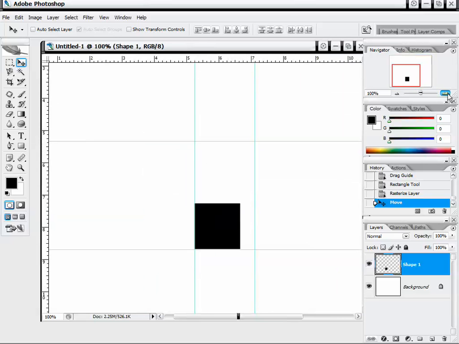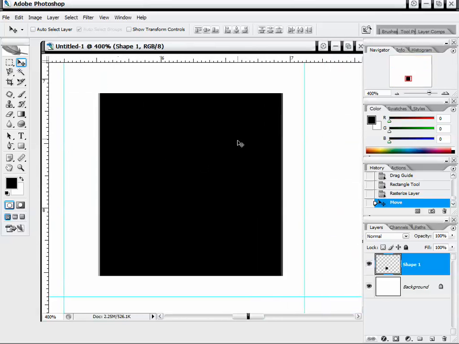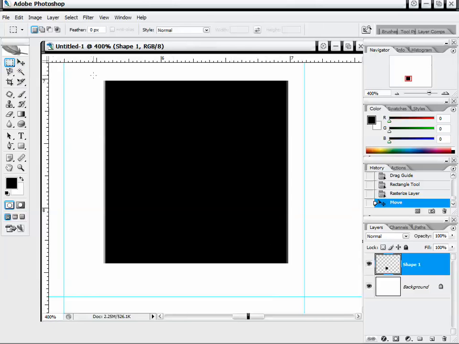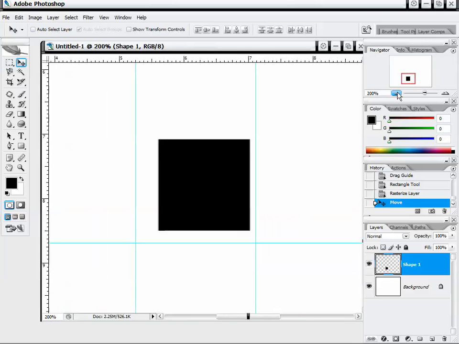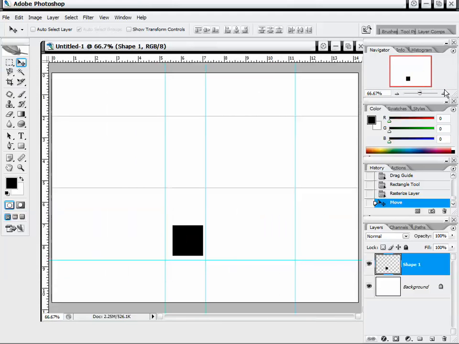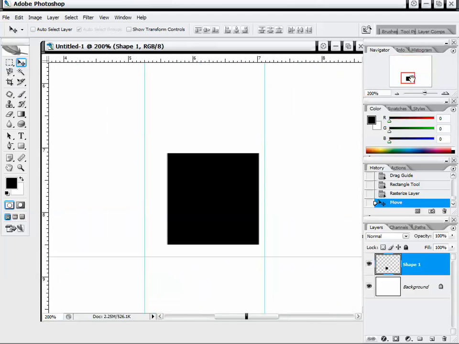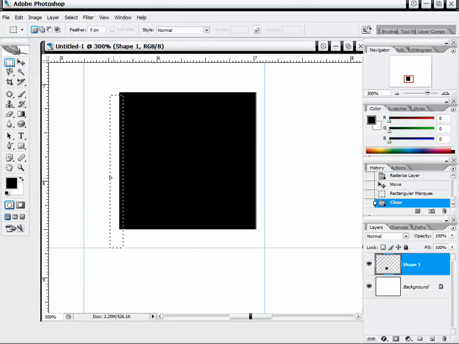And another main reason for that is sometimes you'll notice when you're creating shapes that you don't always get a sharp edge on the side. And that happens most of the time when you're not drawing shapes at 100%, when you're zoomed in or zoomed out. You can get that problem. There's an easy way to fix it. And what we can do is use the rectangular marquee tool and just delete those side pixels on the ends,